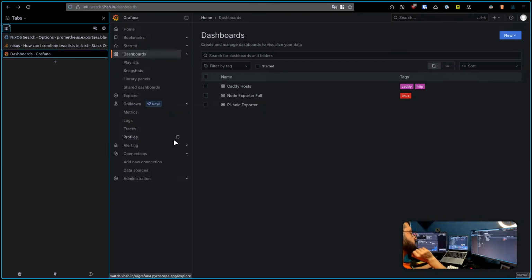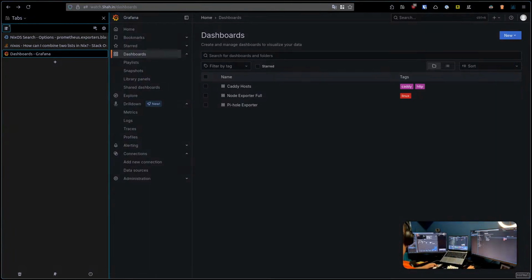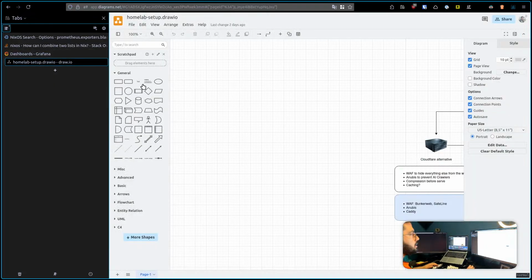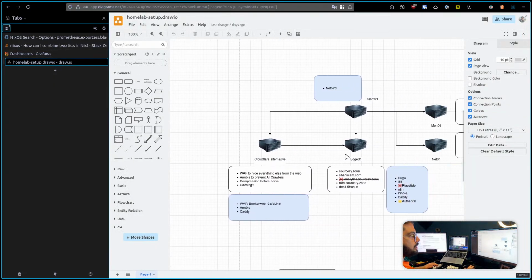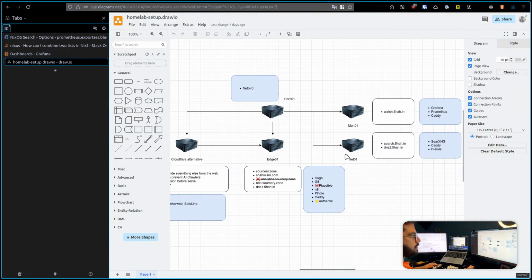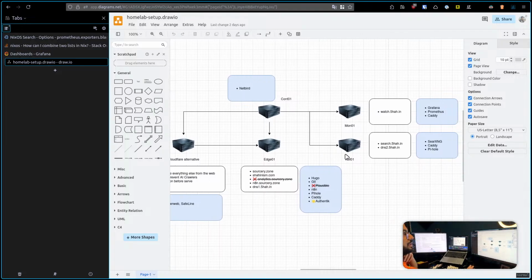So far we have configured 2 of my servers. I think I have a drawing of the server configuration that I eventually want to end up with somewhere here. Let's see. Yeah, this is basically what eventually I want to have.